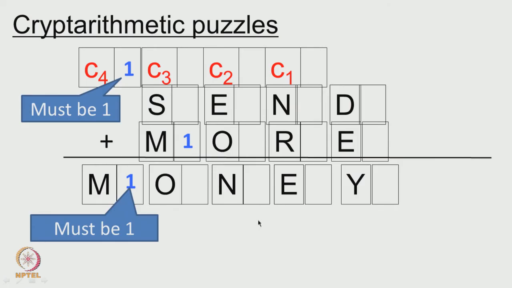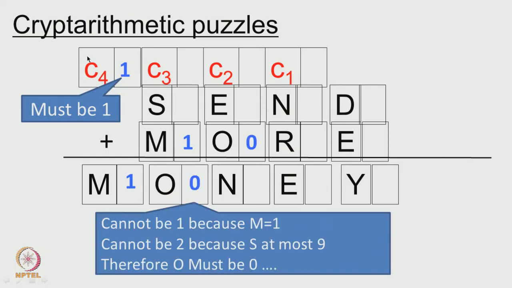Now, you can see that you can immediately start some reasoning instead of just doing blind search. You can say that this most significant digit M must be 1, because the carry can at most be 1, and this way you already have part of the solution here. And then next you can reason that the next significant digit O cannot be 1 because already M is 1, and it cannot be 2 because then the carry C3 can only be 1 and S can be at most 9. So, O must be 0, and in this fashion you can continue reasoning and combining it with search, and I will leave it for you to complete this